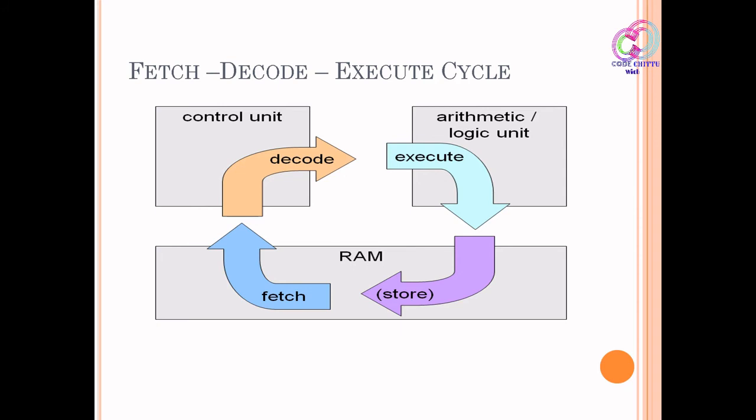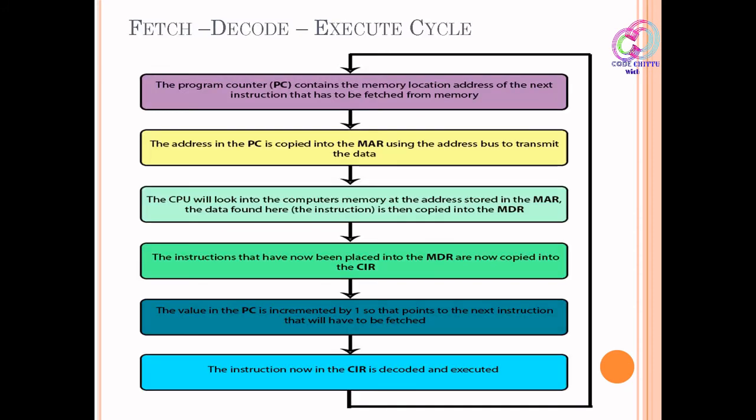From RAM, one by one, each instruction is fetched, first instruction first, and it is decoded in the control unit. After decoding, it is executed. While executing, of course, if it has to store or add, or any calculations, they will be done in the arithmetic logic unit. Temporarily it is stored in the accumulator after execution, and permanently it is stored again into the RAM. Okay, this is the fetch cycle. It is a very simple diagram. In your book also you can see this. Step by step I will tell, then we can go for the animated version.